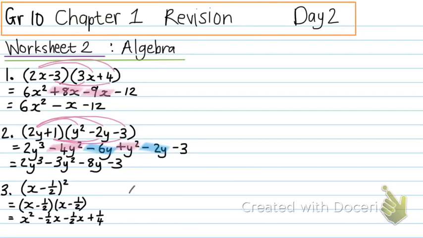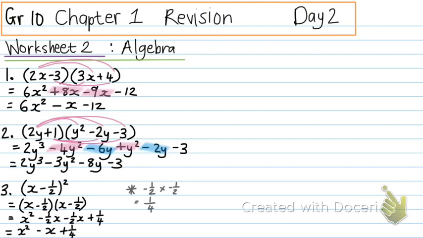If I didn't know what that was, I could put it into my calculator, or I can think. Negative a half times negative a half is equal to negative times negative is positive, then top times top, bottom times bottom. 1 times 1 is 1, 2 times 2 is 4. So it's positive a quarter. Then I have to find like terms. X squared doesn't have a friend, it stays just like that. Then negative half minus another half x is negative 1x. I don't need to write the 1, it's better not to write the 1, I just write negative x plus